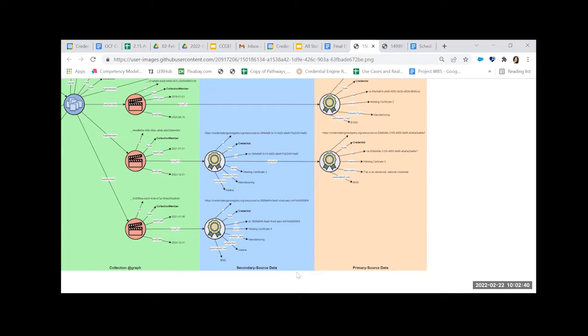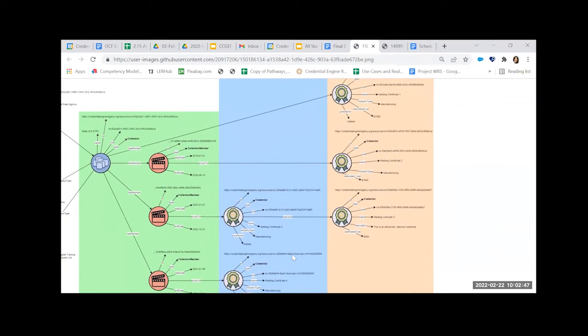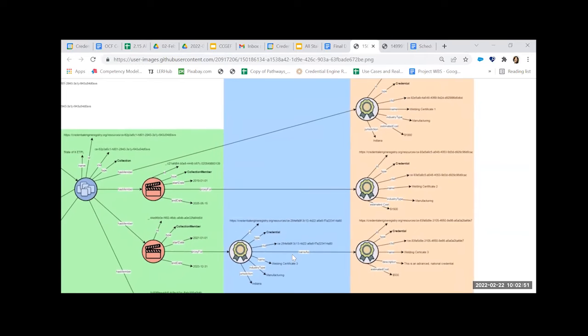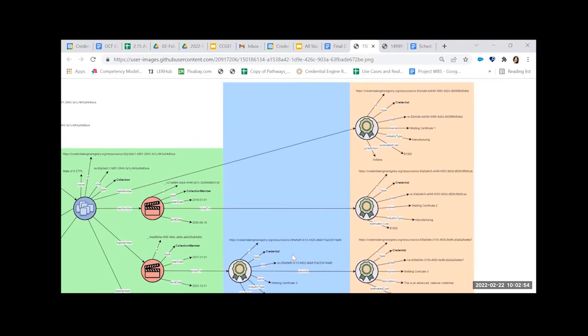And then the orange box is primary source data. Primary source data you're probably already familiar with: it's just anything that is in the registry that comes from the owner of the information. Essentially, they're just records in the registry as they've been up to this point. We'll go into secondary source data in a moment. So the first use case here, the simplest one, is the collection has a member that is just a credential in the registry. It's the ideal use case where the credential fully describes everything that it needs to describe in order to be useful to users of that collection.